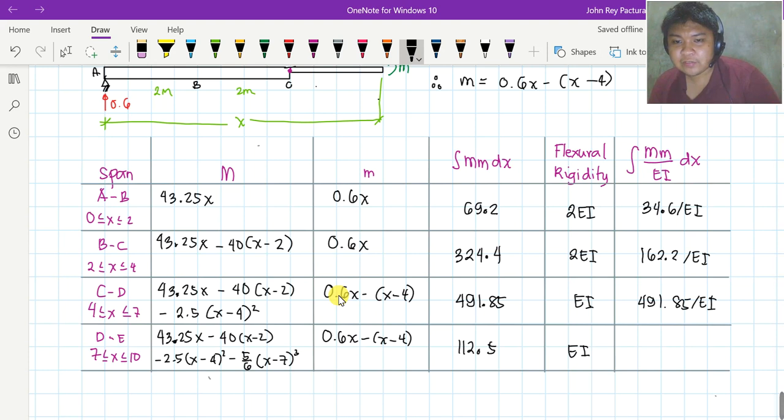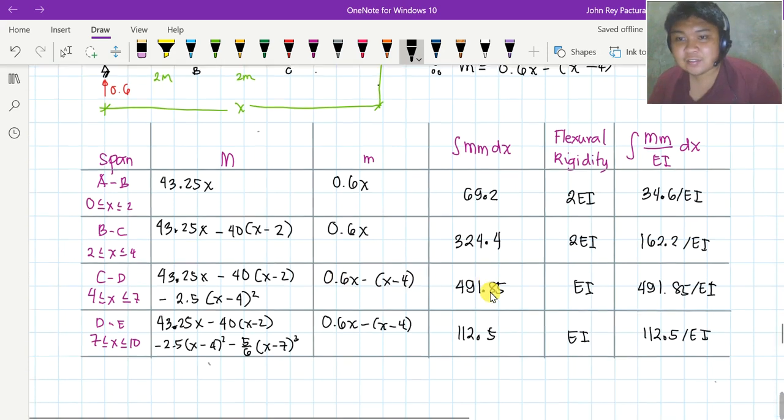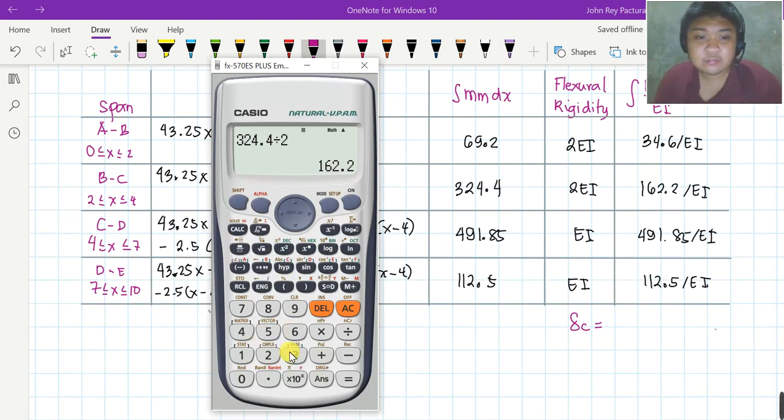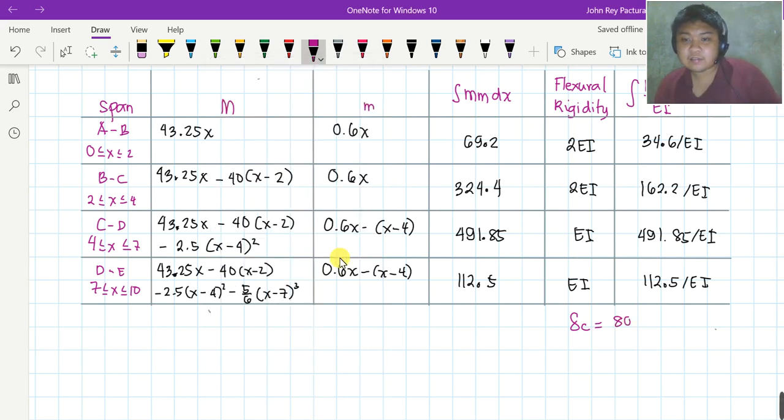491.85 over EI, while 112.5 over EI. Okay? So, ang gagawin mo na lang dito, the deflection at C is equal to, i-add mo lang naman sila class. So, that is equal to 34.6 plus 162.2 plus 491.85 plus 112.5. So, ang sagot natin ay 801.15 over EI. So, to finalize this one, the deflection at C is 801.15